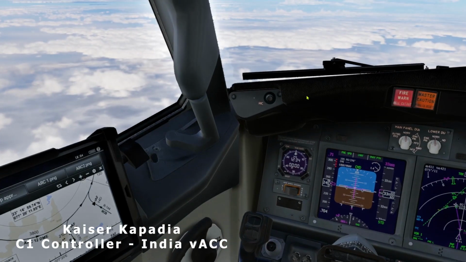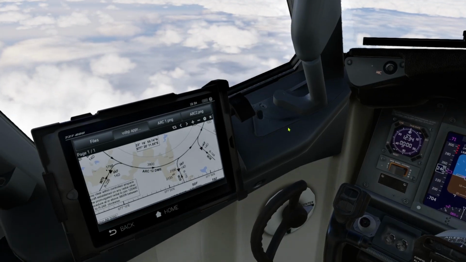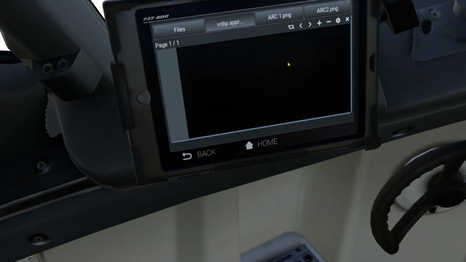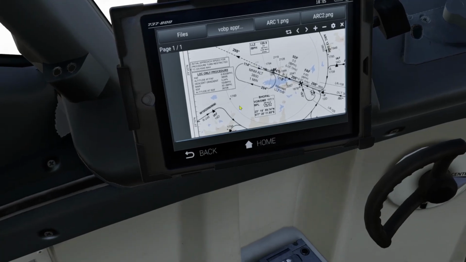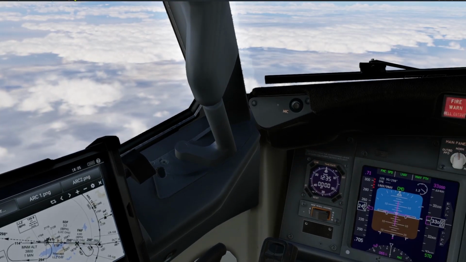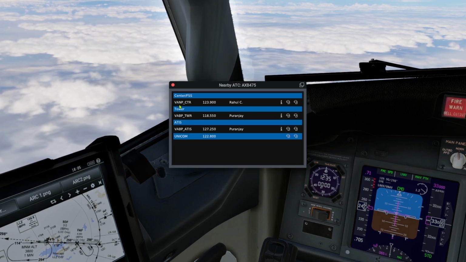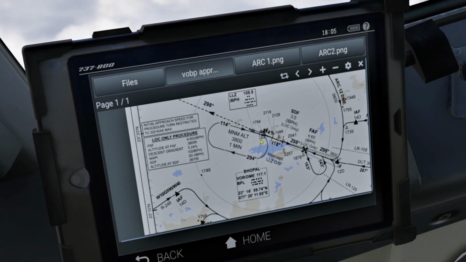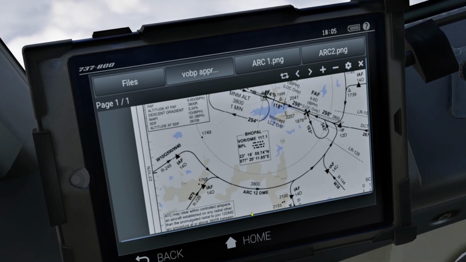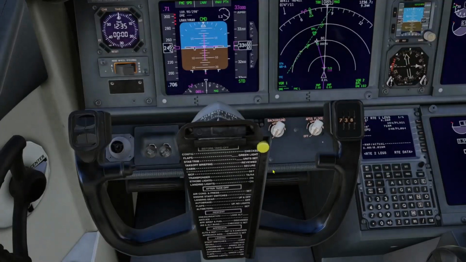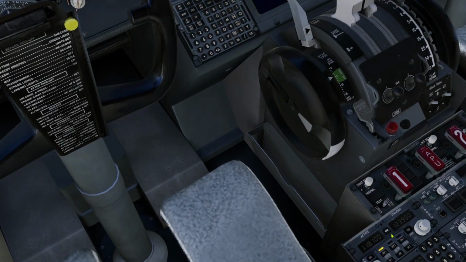Now in the previous video we saw the basics of procedural. We did an overhead approach in the A320 and there was a tower controller online who was guiding us. Now today we have the upper controller. We have Nagpur who's online, and there's Bhopal Tower as well, so let's see how to communicate and how to do the arc approach. Today we're flying the 737, last time we were on the A320. So now let us go ahead and contact